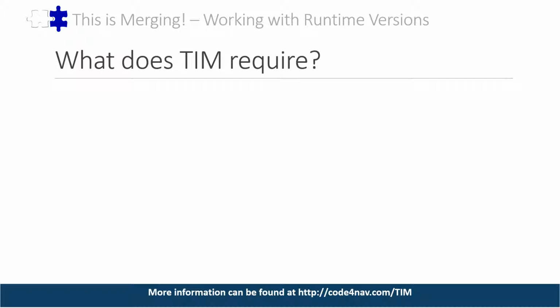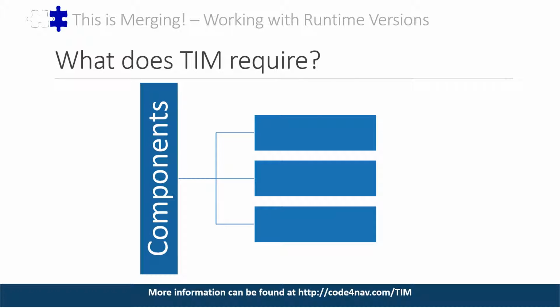So now that we know the general idea, let's see some specifics. TIM, in order to work, needs to have located 3 different files from each NAV build or version. These prerequisites are the administration commandlets located inside the navadmintool.ps1 file. This file can usually be found in the service folder. Also, the development commandlets located inside the navmodeltools.ps1 file. This file can usually be found in the role tailored client folder.